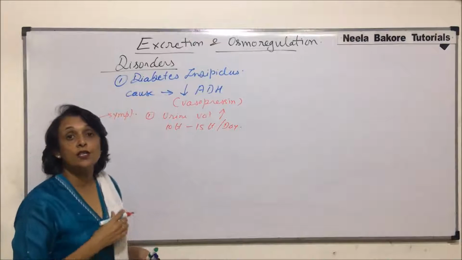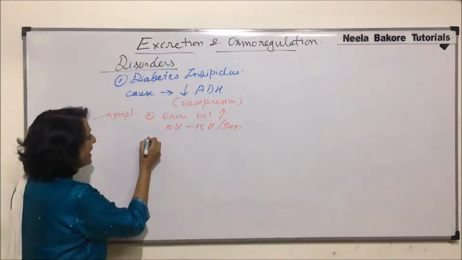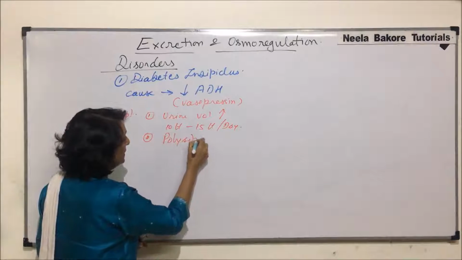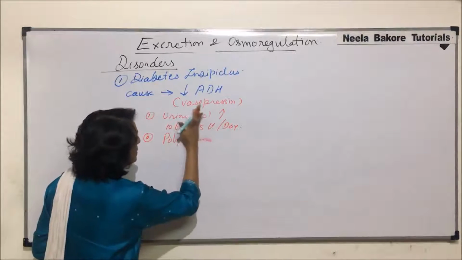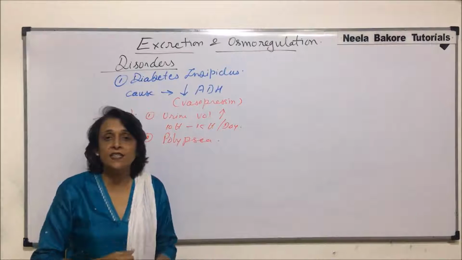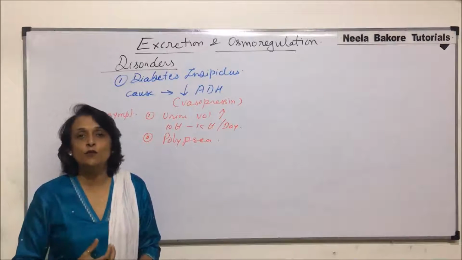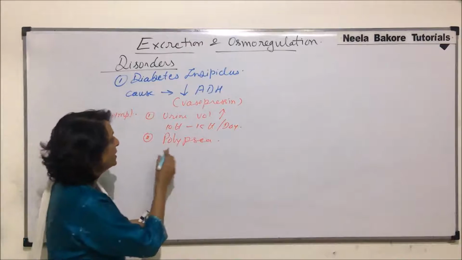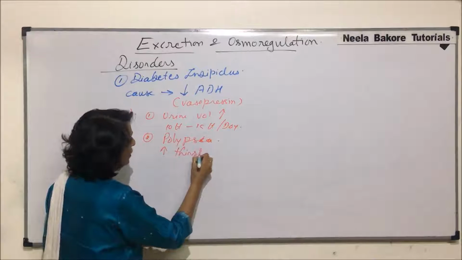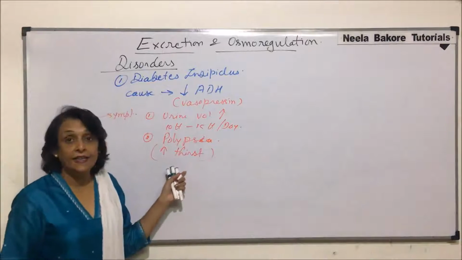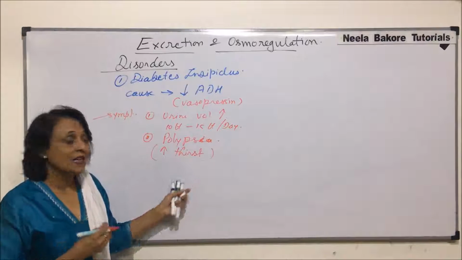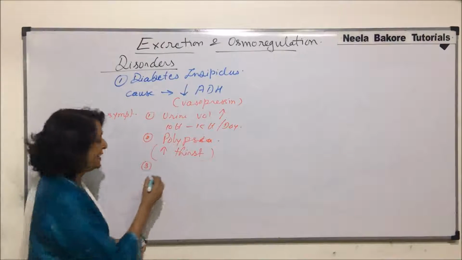And if this much of water is eliminated in urine, then that also results in one more symptom, which is known as polydipsia. Polydipsia is a situation when the person feels extensively thirsty. There is complete drying of the throat and the person keeps drinking all the time. So, polydipsia is increased thirst. And if this much of water is lost, the person would feel thirsty all the time, would keep drinking, but the chances are that the person may get dehydrated. So, there is a risk of